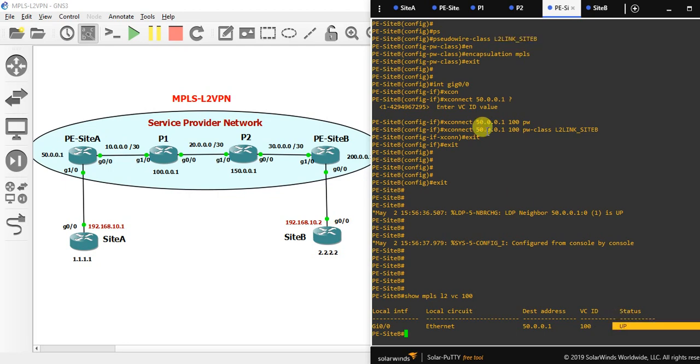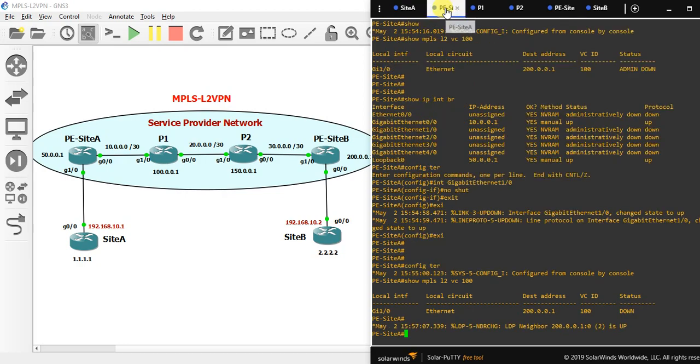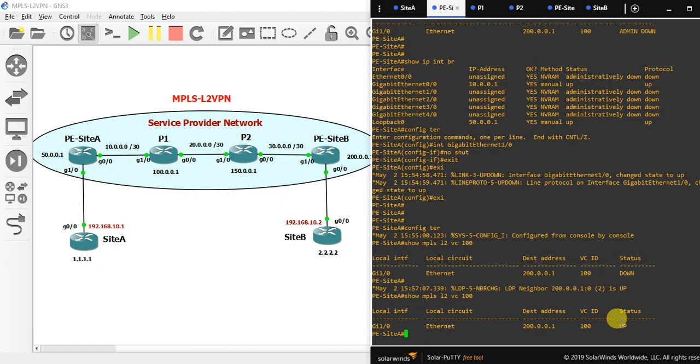Earlier, when we checked the edge router of site A, it showed down, right? Immediately once we configured the xconnect at the provider edge router at site B, it came up. Let's use the same command again. It will show us up. See, it shows up. Also,